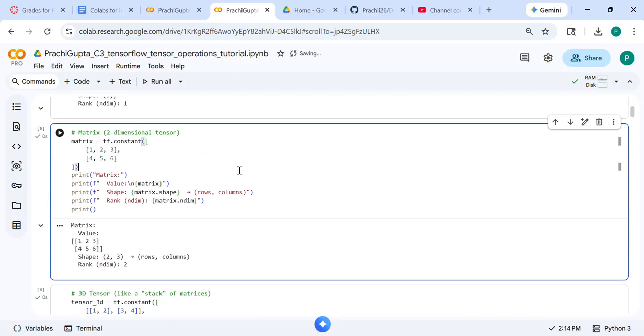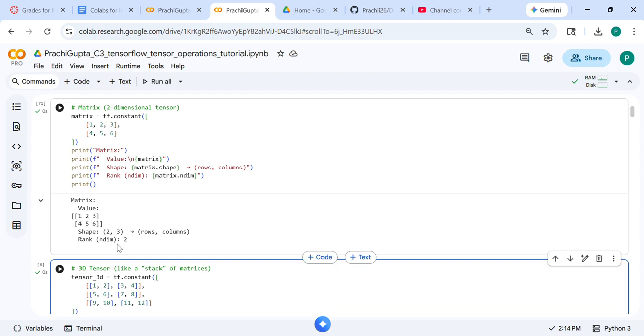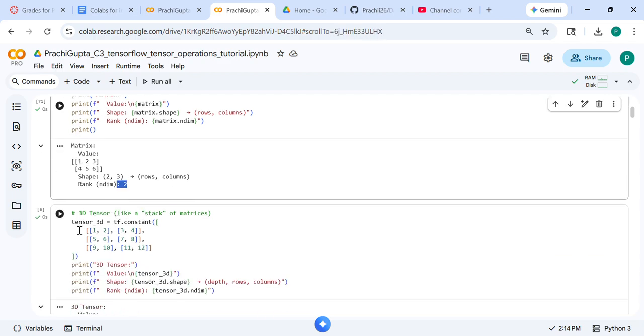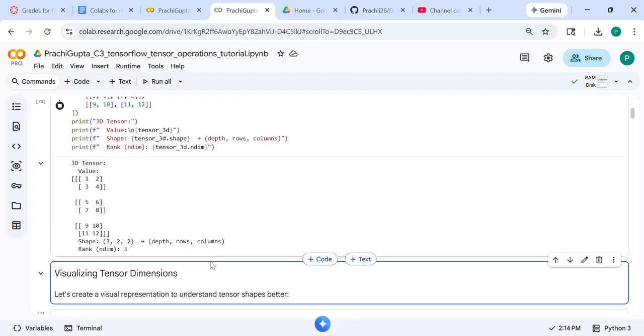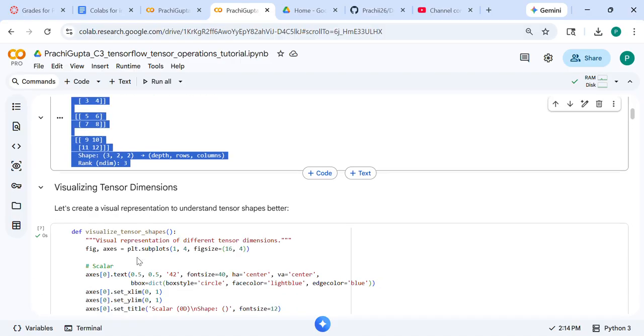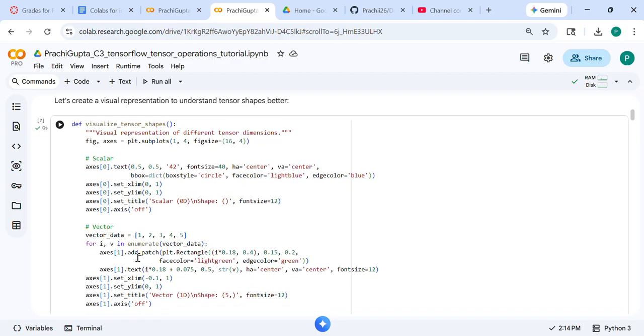Similarly, we will do it for a matrix. It will give the matrix and it will give the dimensionality 2. Here we are passing the 3-dimensional list, so we can see the dimensionality is coming as 3. Moving ahead, we have this